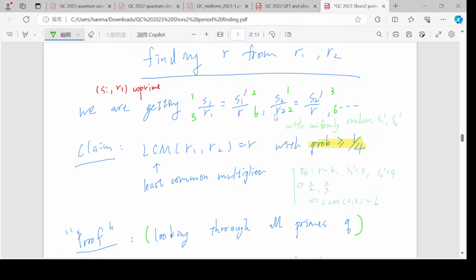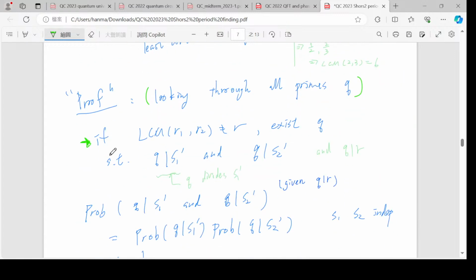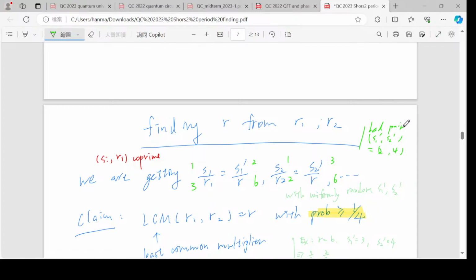So for example, a bad pair will be like S1 prime, S2 prime equal to 2, 4 here, right? They both have a factor of 2, and so they will both take this factor of 2 out of R, and so R1 and R2 will both be 3, and then when you take the least common multiple, it becomes only 3 instead of 6. Okay, and I think it's pretty intuitive that this is the only way